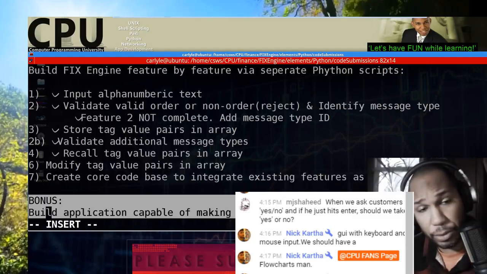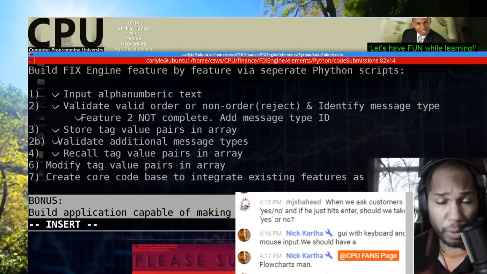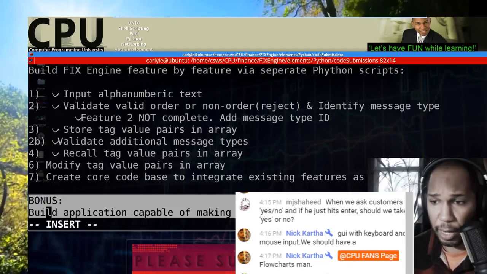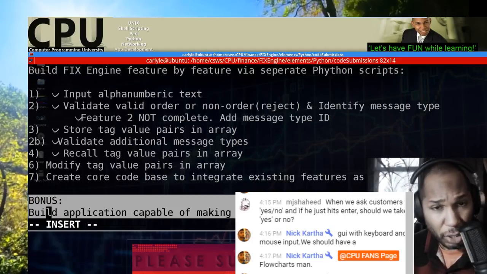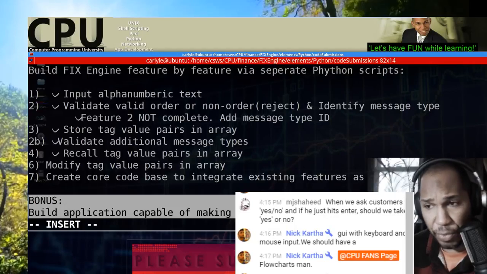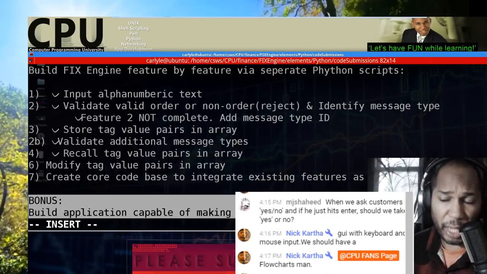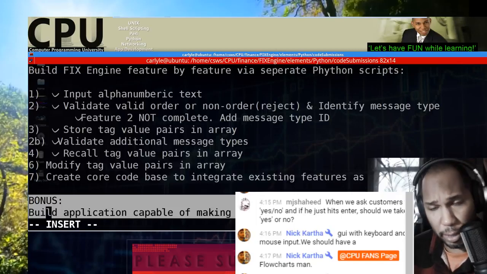So guys, the FIX engine project is moving along. I'm really excited about it. Nick is excited about it, and this is an awesome opportunity for you guys to work together and learn together. And this is legit stuff. This is not some random thing. A FIX engine is a critical component of modern electronic trading today.